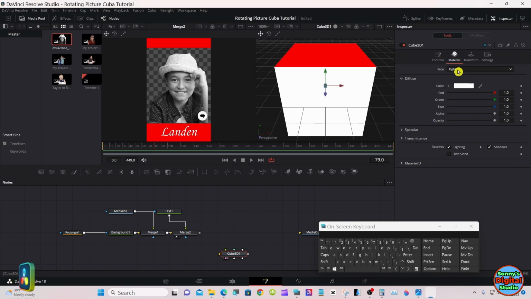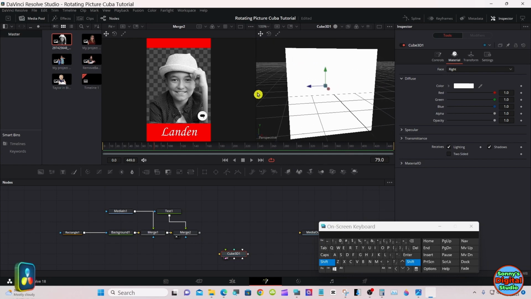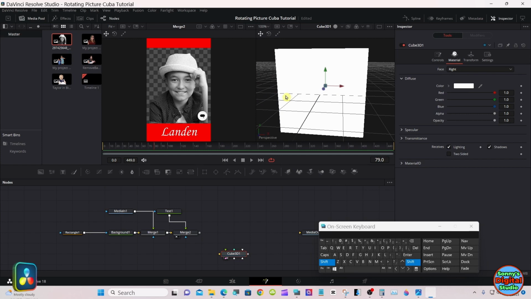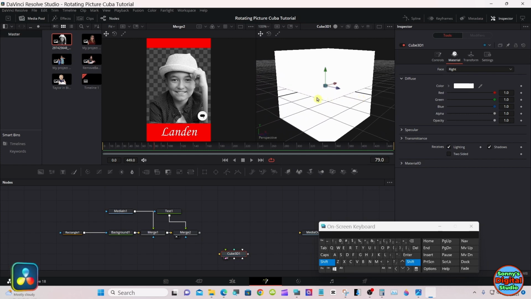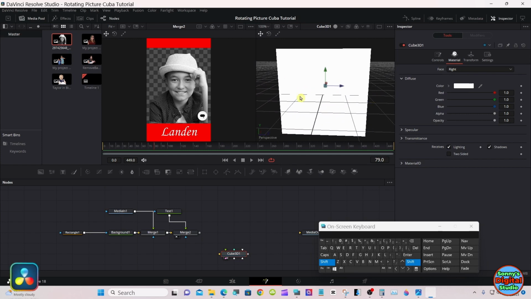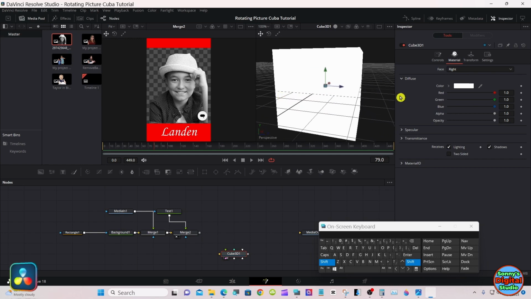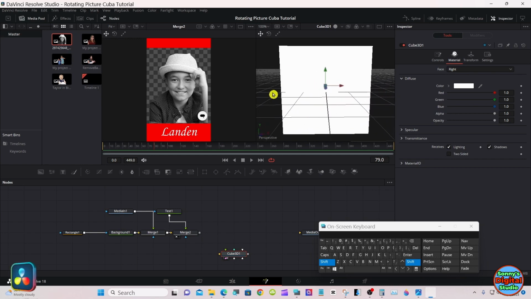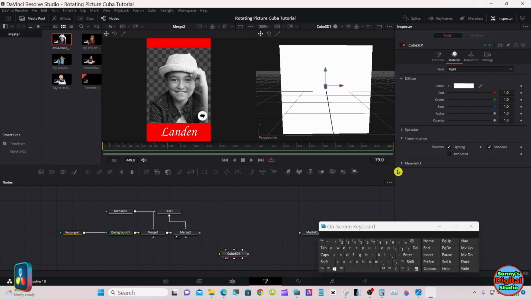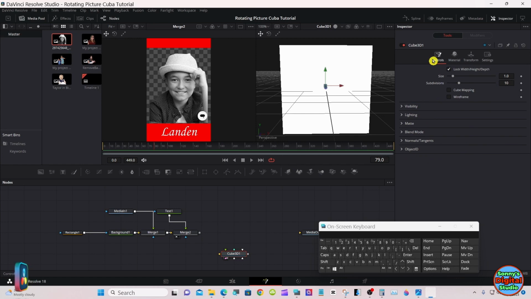Okay, after making sure all the sides are white, we'll double check it by rotating it. Okay, still with the cube node selected, go up to controls.